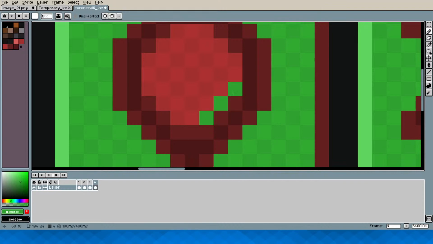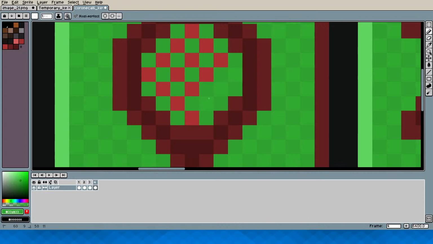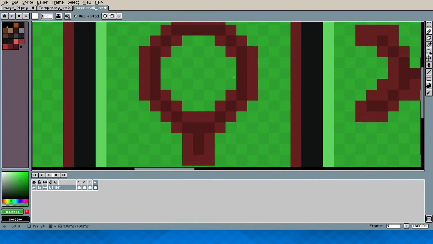Dark color here. Oh. If I just use Pixel Perfect, it should be easier. There you go. And do the same. Yeah, that works. Alright.